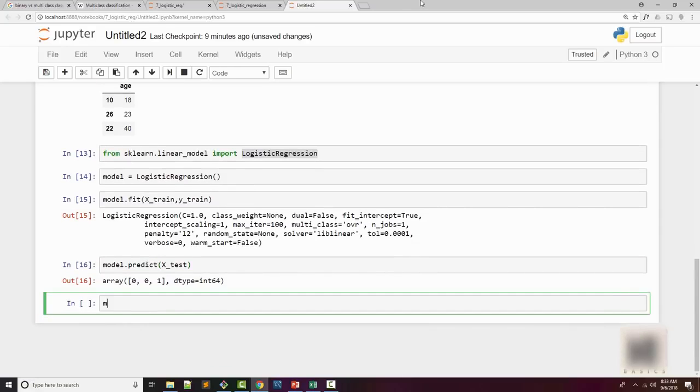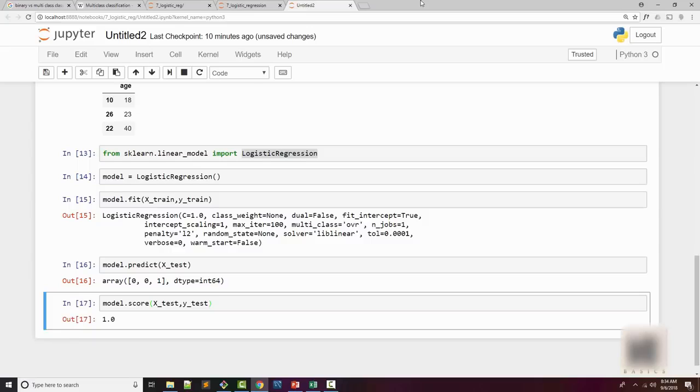If you want to look at the score, it is showing the accuracy of your model, right? So what you're doing is you're giving X test and Y test, and here the score is 1, which means our model is perfect. Now this is happening because our data size is smaller, we have only 27 samples. But if you have wider samples, then it will make mistakes in at least a few samples, so your score will be less than 1, right? Because of the small size of our data set, the score is pretty high here.